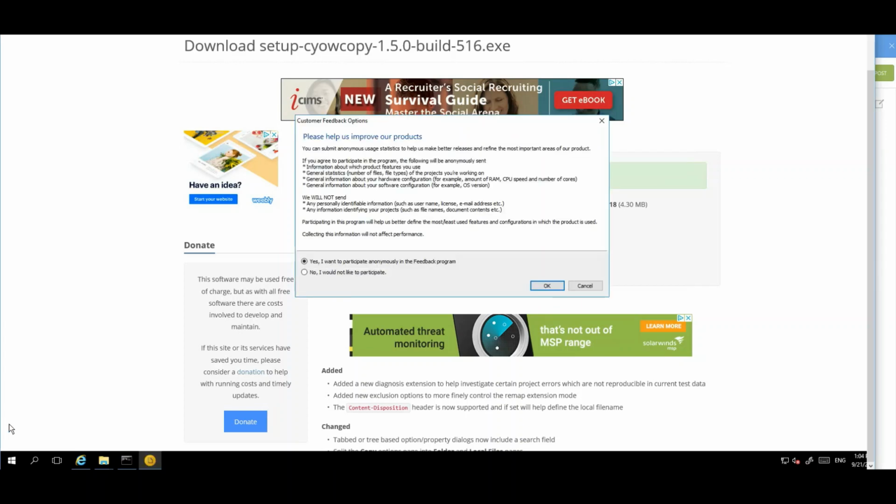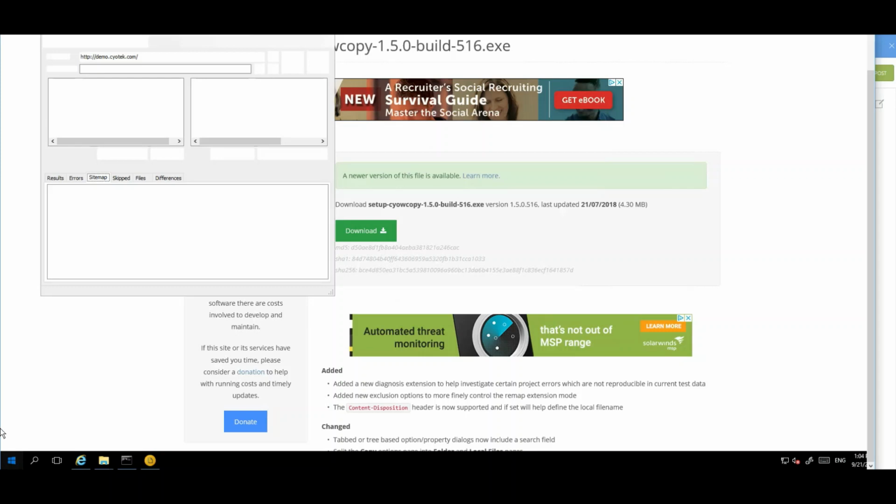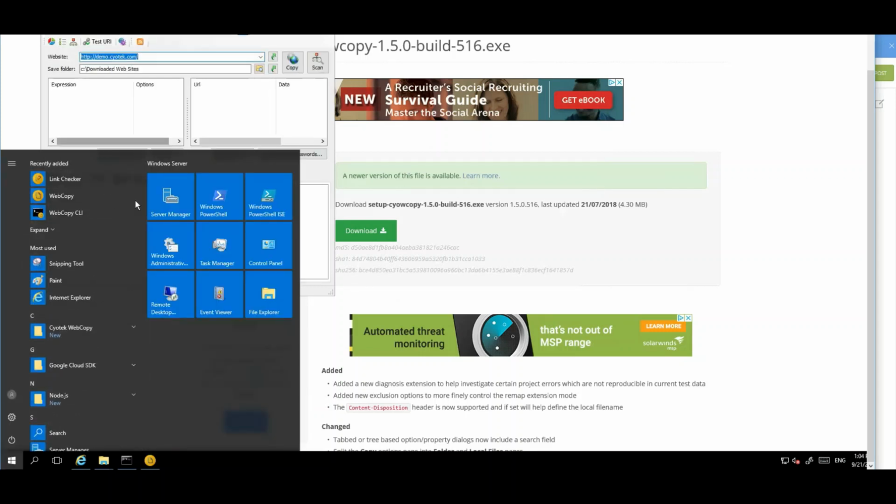Okay, the installation is now complete. And once the installation is complete, it should show up in your start menu as an icon. So there you go, WebCopy is showing up in your start menu. I'm just going to pause the video and switch back to my local machine so that I can show you the